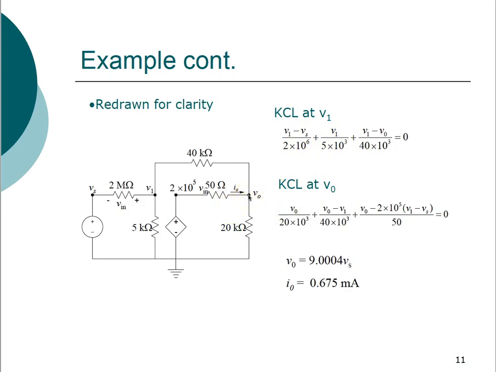So if we see this equation, the first term is V0 minus 0, the ground, upon 20 kilo ohm. And then second is V0 to this V1. So V0 minus V1 upon 40 kilo ohm. Plus V0 minus 2 into 10 to the power 5 multiplied by V1 minus Vs